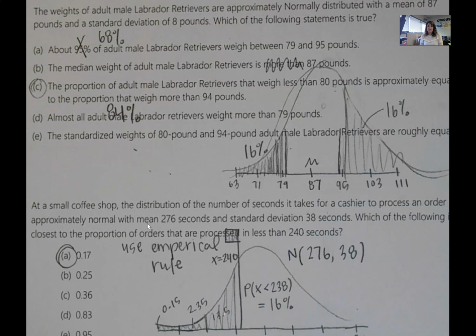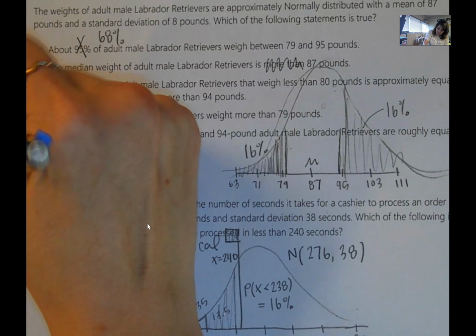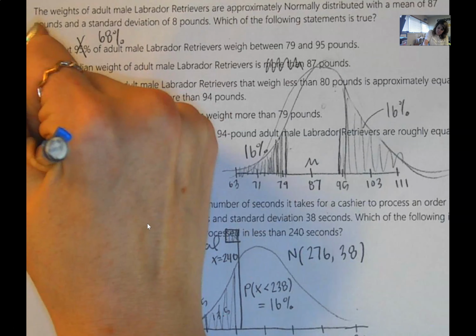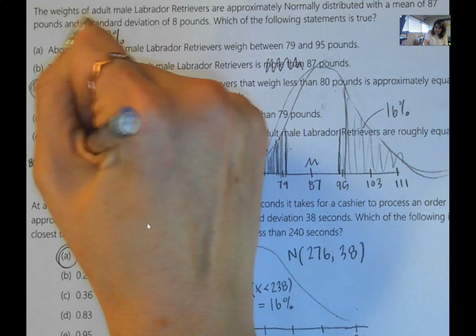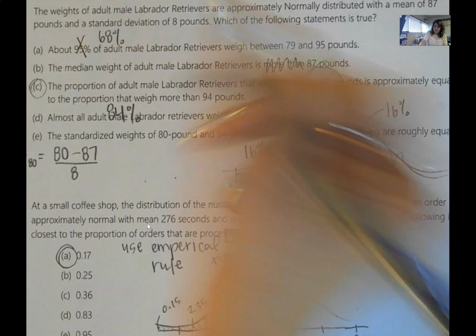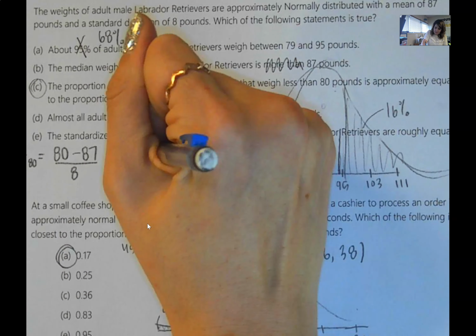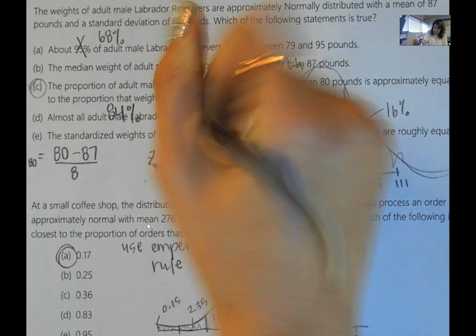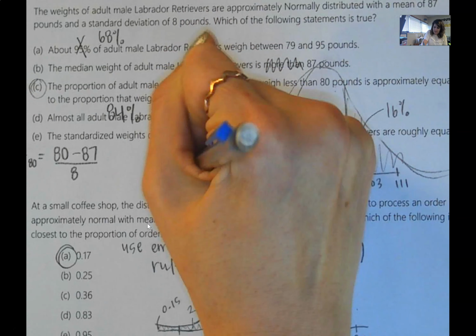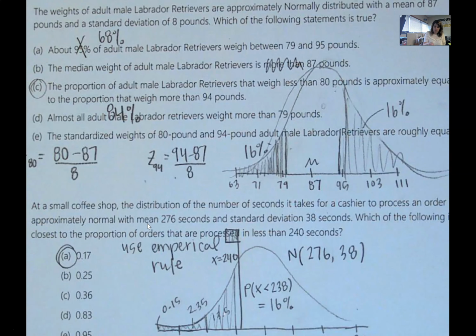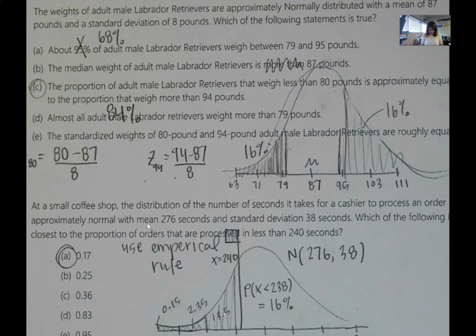Then lastly, the standardized weights of an 80 and 94 pound are roughly equal. Well, let's check that. The Z for an 80 pounder is 80 minus 87 divided by 8. And the Z for a 94 pounder is 94 subtract 87 divided by 8. I plug that in, and for the 80 pounder, I get